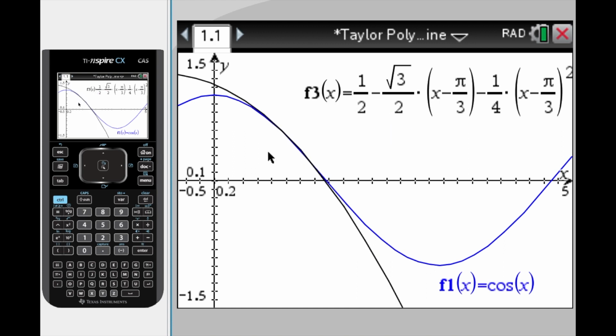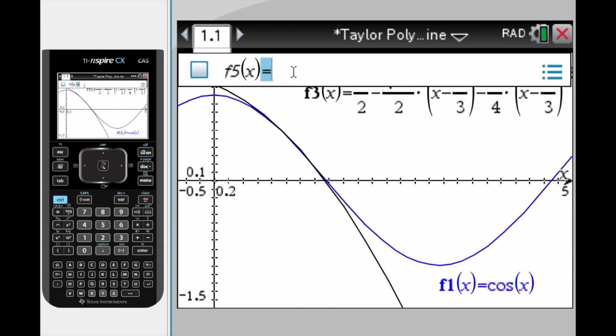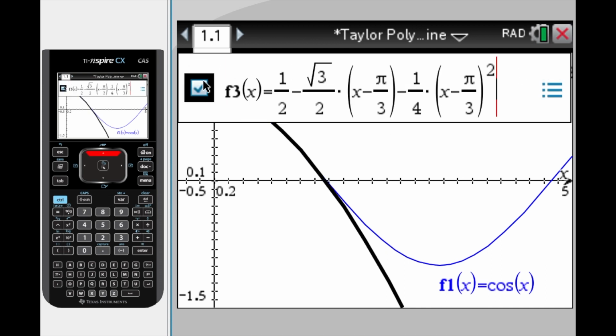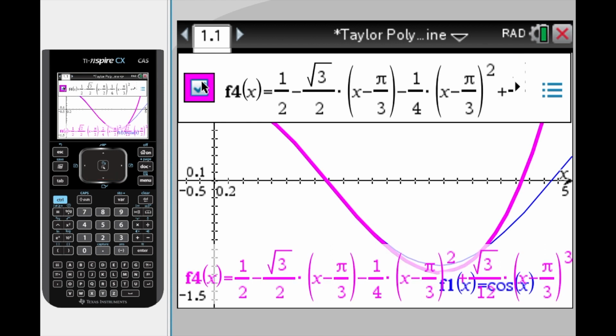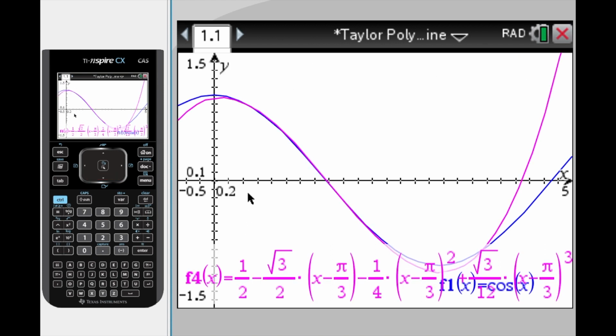We're going to talk about that through the lesson. But it does seem to track that cosine function better than our linear first degree Taylor polynomial did. Now, if we turn off the second degree Taylor polynomial and go to the third, which is what we're going to work with through the rest of our example, look at that. Look how closely this third degree Taylor polynomial centered around pi over 3 is tracking our cosine function. So we can see that obviously the estimations that we get from the third degree Taylor polynomial are going to be much better than the first or the second.